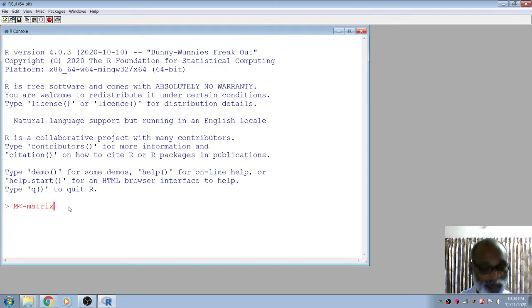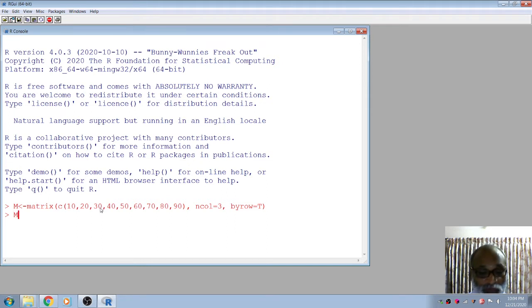We combine all the values first. For example, suppose my values are 10, 20, 30, 40, 50, 60, 70, 80, 90. Now you need to give the instruction whether the numbers are read by column or row wise. Let us create the number of columns as 3. To read by row, give byrow equal to TRUE if it is row wise. Now you see we have created the matrix which contains 9 elements.